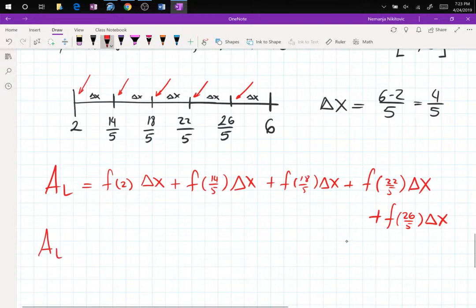Hopefully you see that this delta x is what you can factor out, right? And now we just compute